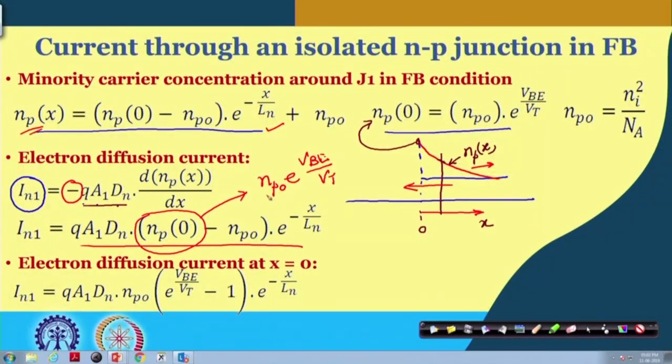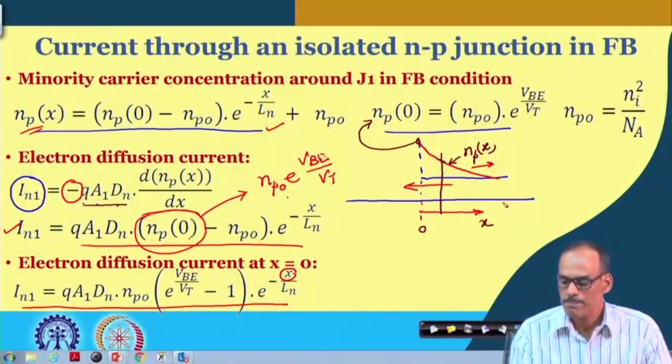So, since I do have np0 here, probably you can take np0 outside. So, we will be having e to the power Vb divided by Vt. After rearrangement of this equation, or rather using the expression of np at x equal to 0, we find the expression of In1 equal to this one. Note that it is a function of x, and as you can guess,